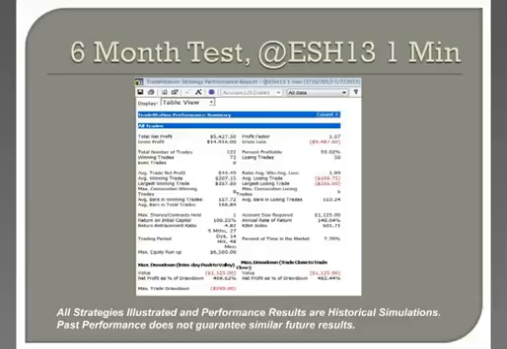Now, you aren't going to get 148% annual return, but if you get a third of that, you're still well above everything else we've been talking about. So take these results that are hypothetical with a grain of salt, but these are awful decent results with a system that has no overnight exposure, has a $300 stop on every trade, and can be completely automated while you're doing whatever you're doing.